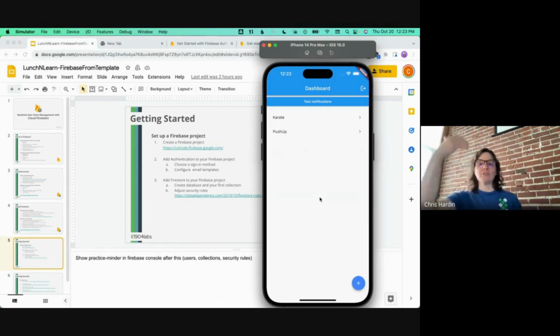This screen is asking Firestore, hey, give me the collection of reminders for this user. And I'm getting it back as a stream. So as changes are made, this screen will automatically update. I have it running here on the simulator, and I also have it running on my phone, logged in as the same person. So if I go into here and I add something,